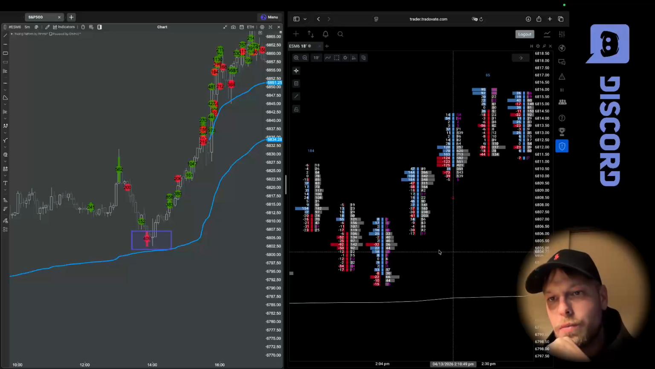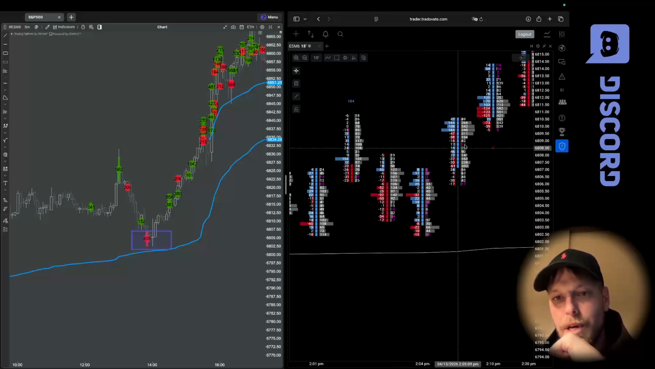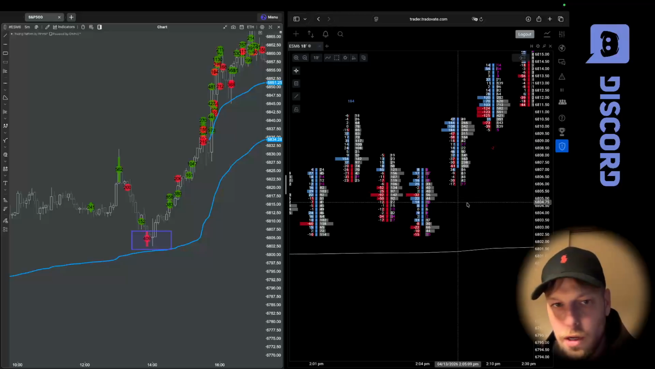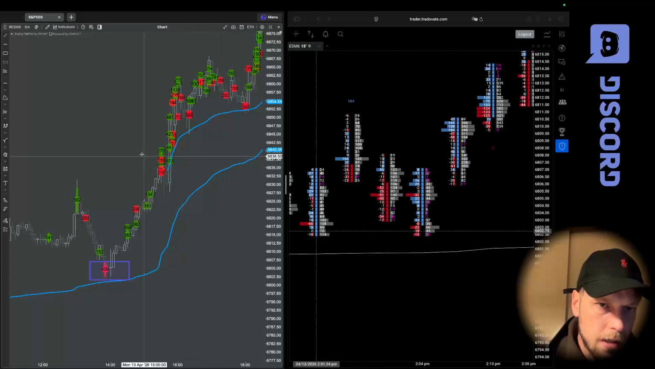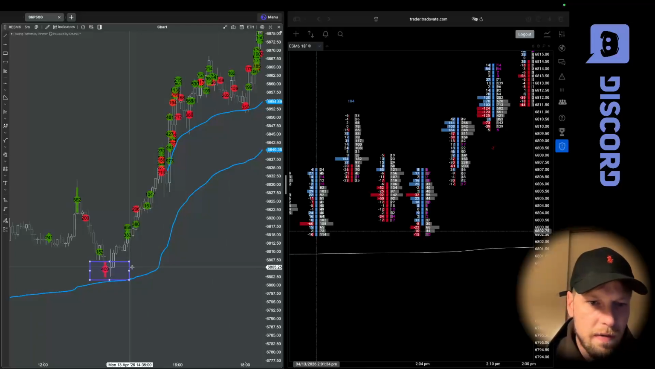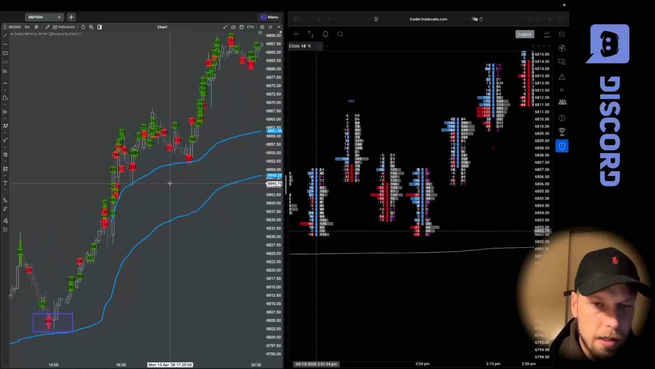This is not what I'm searching for in the footprint chart. I look for big clusters of negative delta for a long, and big clusters of positive delta for a short. I think we will find that. So these are the cumulative big trades. So let's say we go to